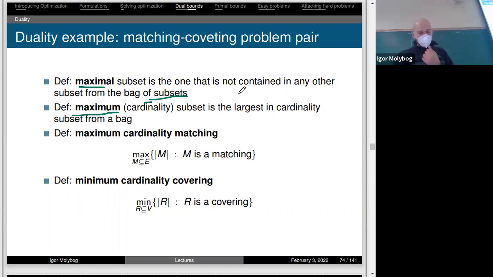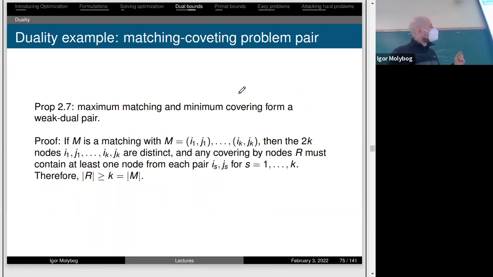Cool. So we have two problems here. The first one is the maximum cardinality matching, meaning that we want to find a matching that has as many edges as possible. The other problem is the minimum cardinality covering: we would like to find a covering that has as small a number of vertices as possible. And first of all, you need to note that one is maximization, the other is minimization. And proposition 2.7 is telling us that the maximum matching and minimum covering form a weak dual pair, meaning